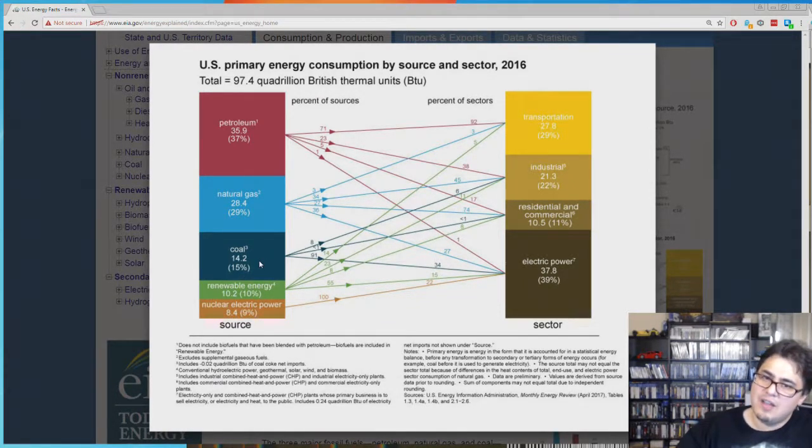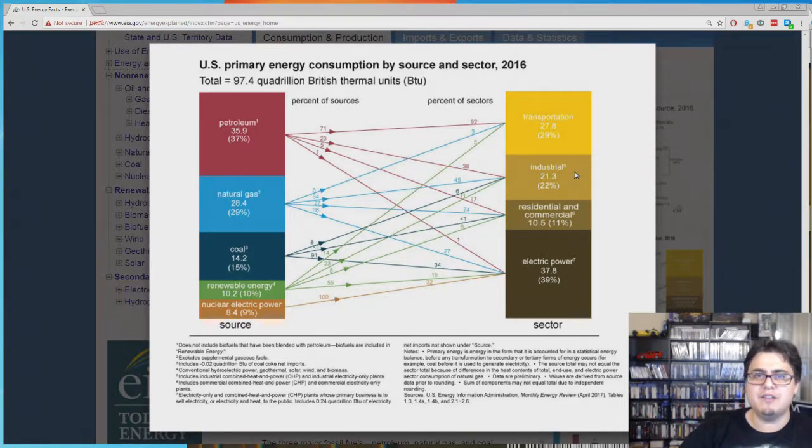You can notice how much transportation goes from coal? 0, because we don't use steam engines anymore. And of course 0 comes from nuclear electric power, because we don't have nuclear-driven vehicles. That's kind of just fantasy land. Transportation not only includes cars on the road and tractor trailers and 18-wheelers, it probably also includes ships and airplanes as well.